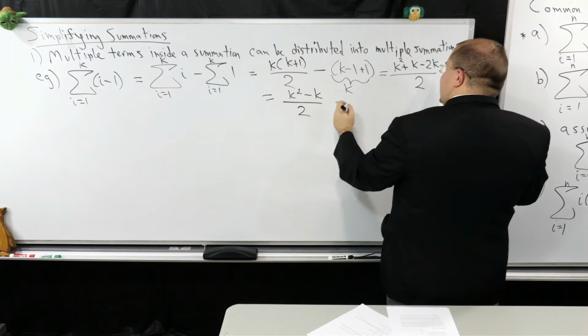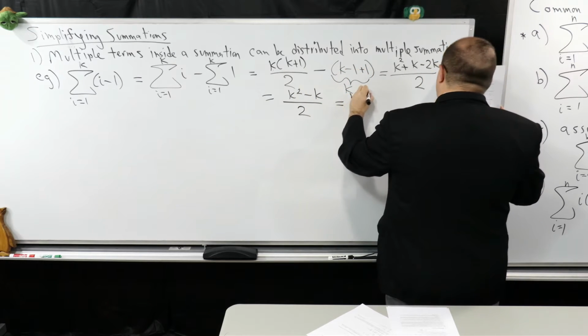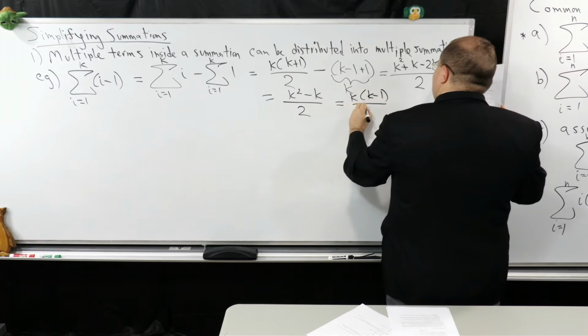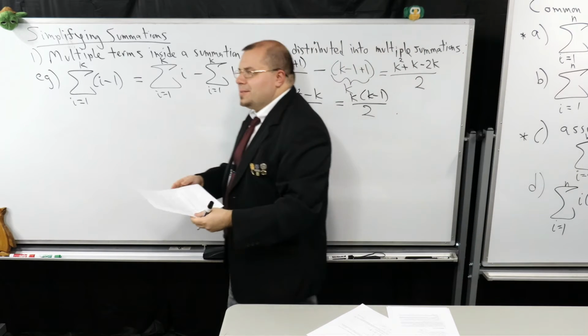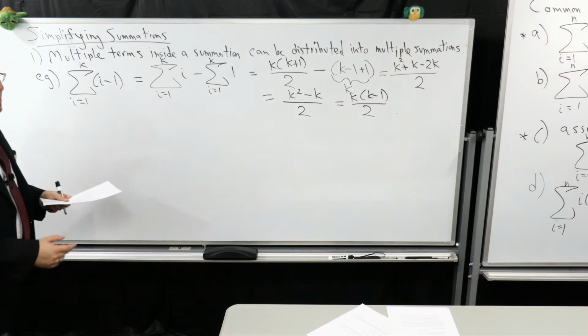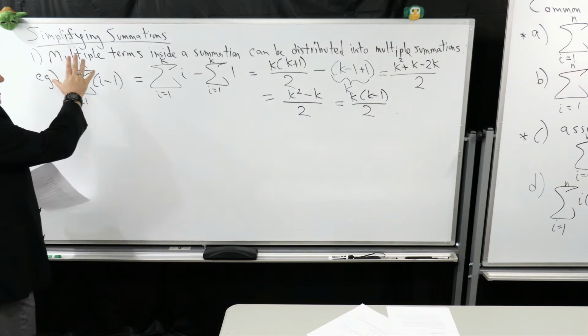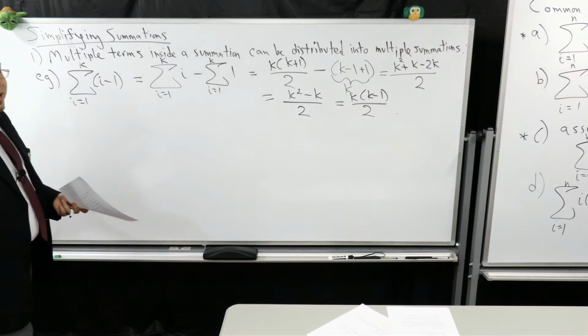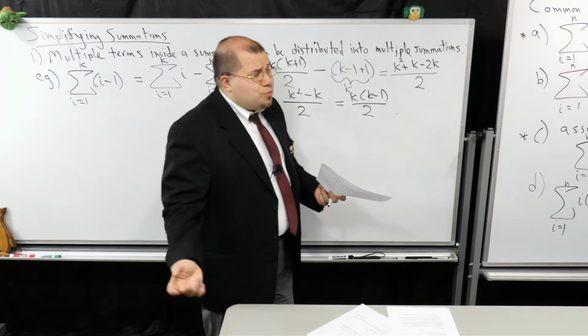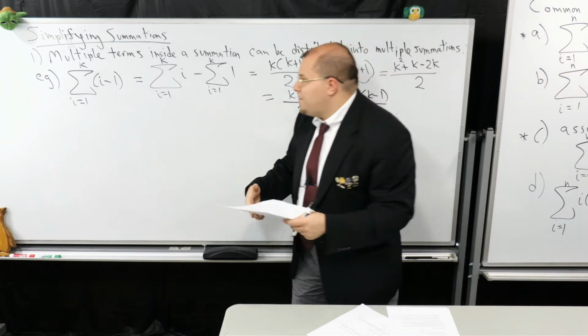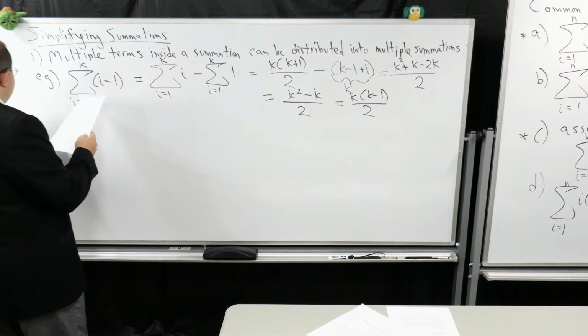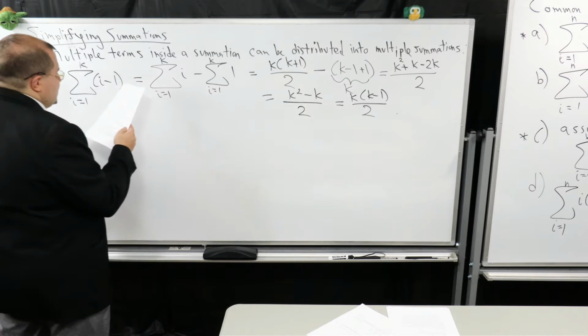And bam, I can factor out the k here. I got k times k minus 1 all over 2. See, it's not too hard. It's not hard. Is that nice? So if you see a summation, you're not sure what to do with it, and it's a sum like this, try breaking it apart into simpler sums. That's my first tip. My second tip is that